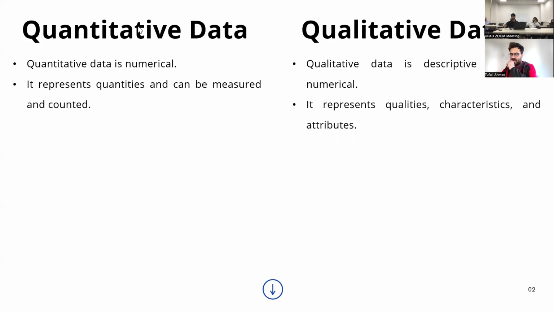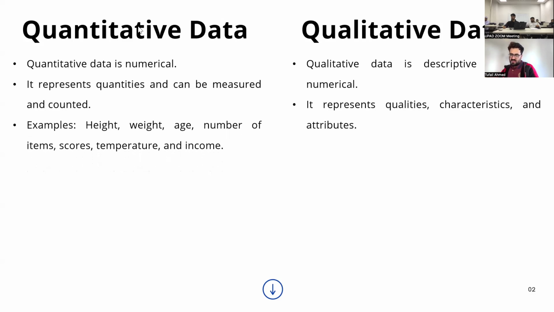But qualitative data has qualities, it has characteristics and attributes. Let's say if I want to talk about Dr. Adil, I will have some qualities of him. If I want to talk about any person in this classroom, there will be qualities attributed to them. Let's say he is a sober man, he's a well-dressed man. So qualitative data has qualities which we write to describe it.